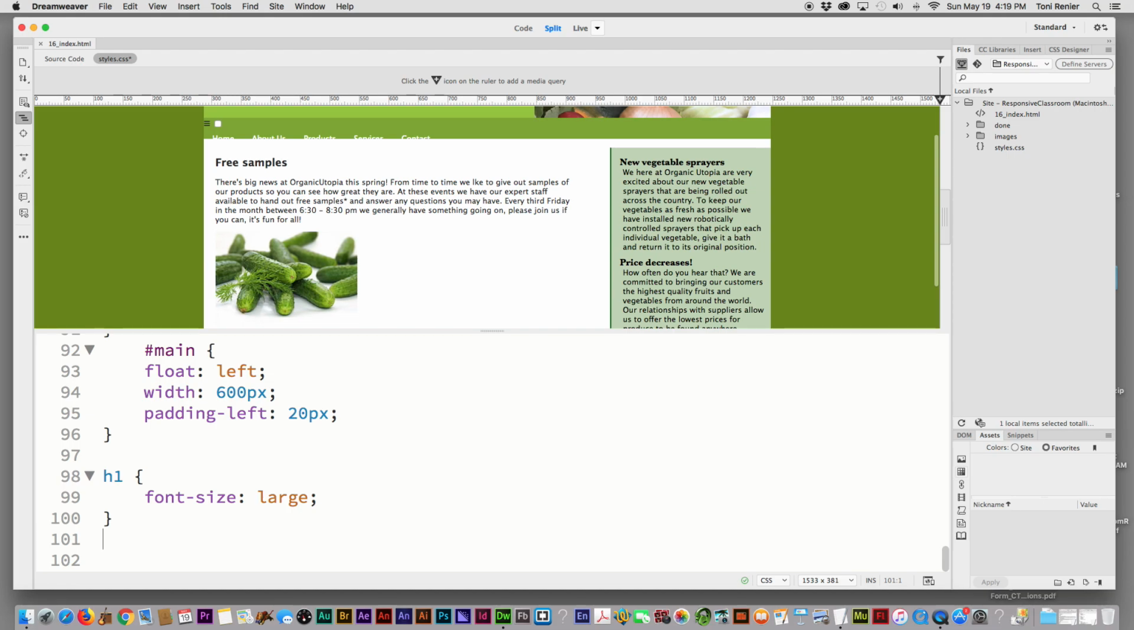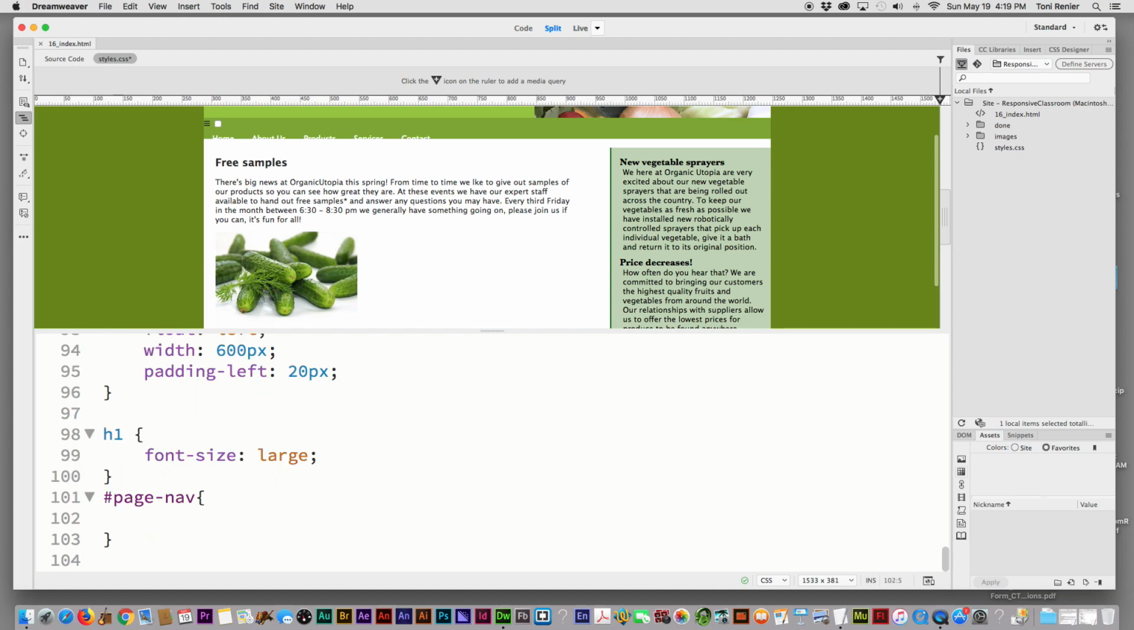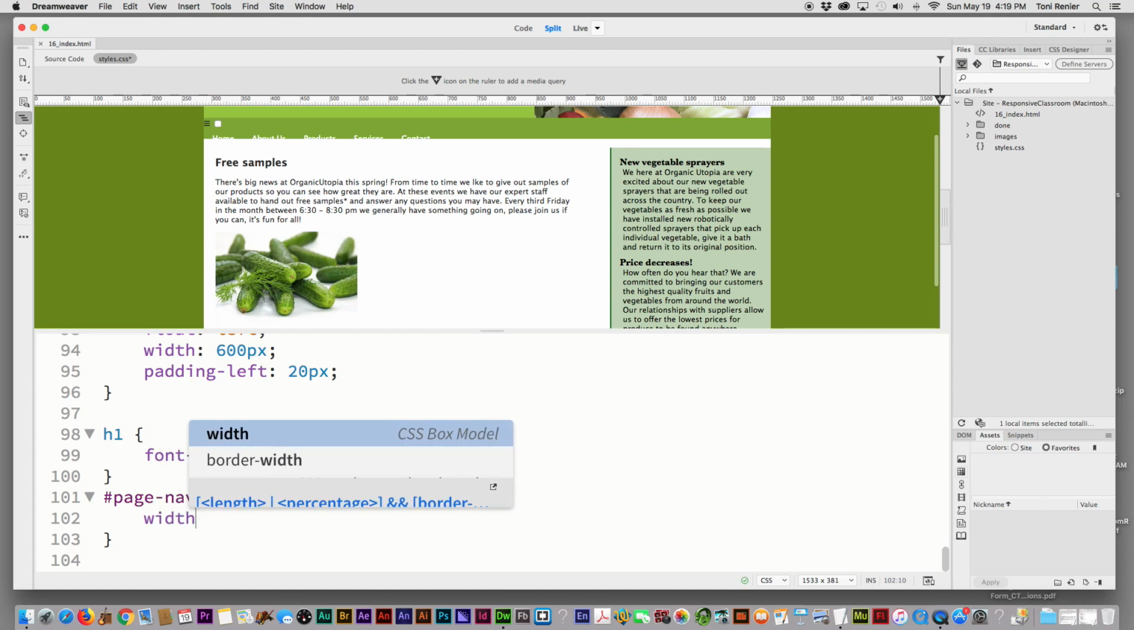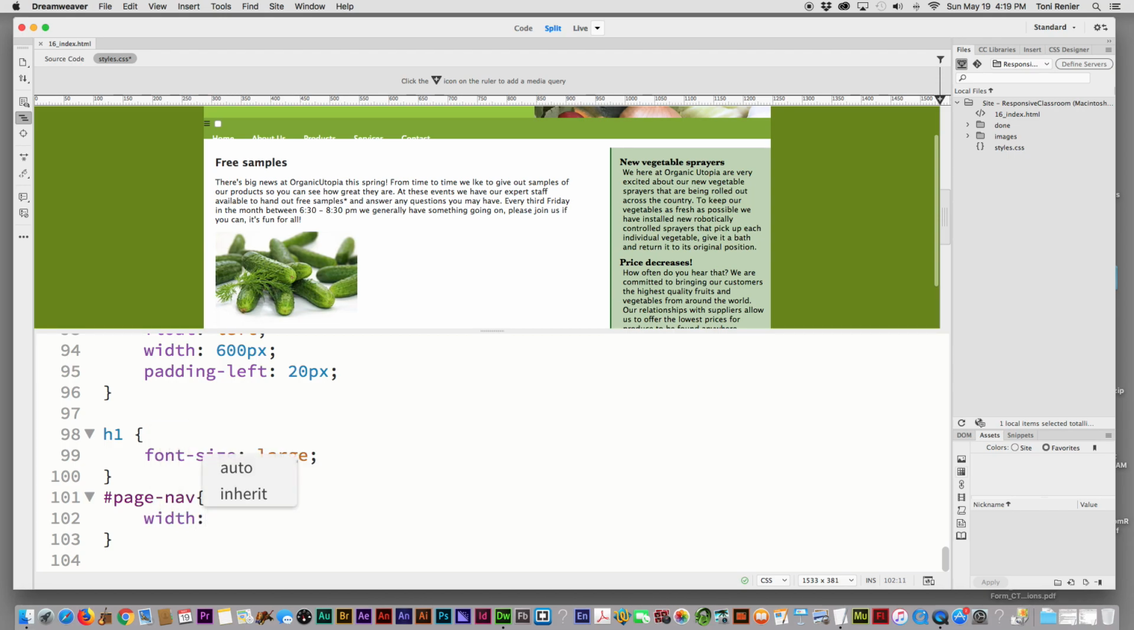All right, so this is going to be hashtag, and then page nav. Again, this will pop up here for you. And then you want to do your left and right curly brace, hit your return to open that up. We're going to give it a width. So remember, I talked about things are now going to be in percents. And we're going to say 100%,